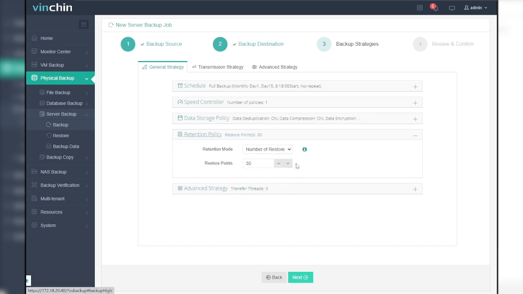You can also set up a retention policy for the job. If you choose number of restore points as the retention mode, the backup server will only keep a certain number of full restore points. If you choose number of days as the retention mode, then the backup server will save restore points within a specific number of days. Once the retention policy is triggered, data that exceeds the restore point or day limit will automatically be merged for